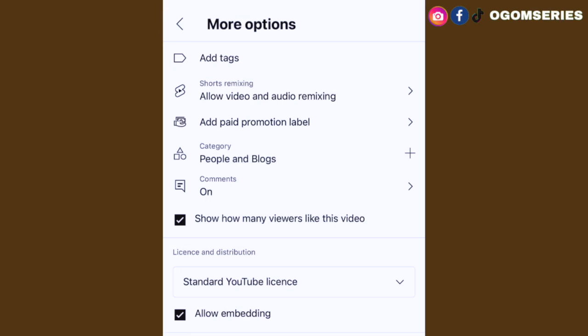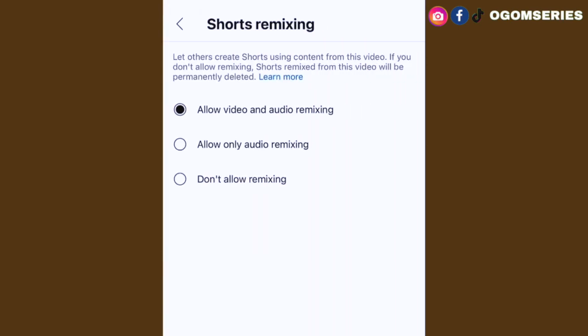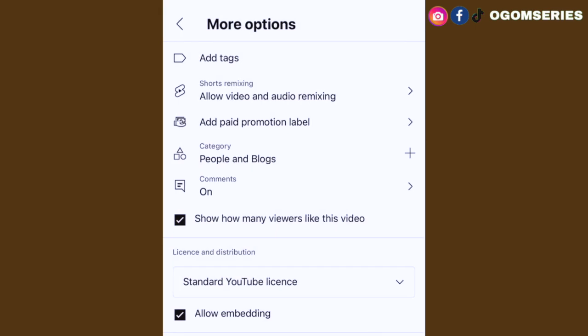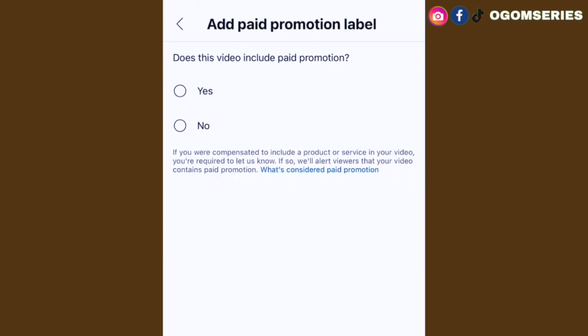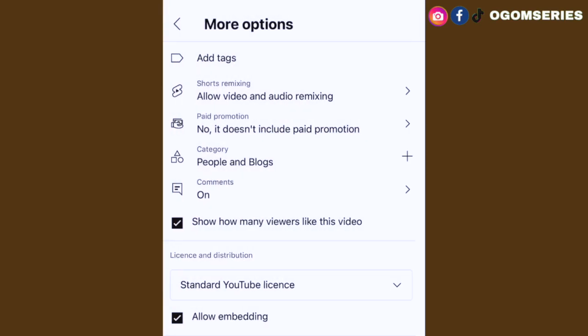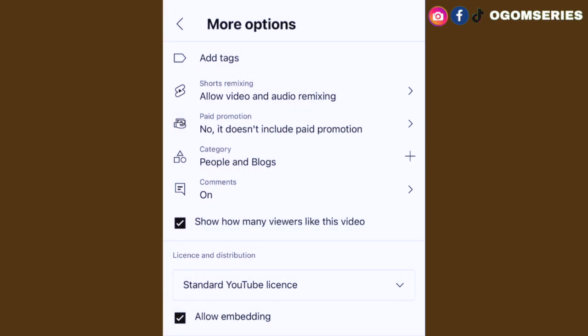Now you're going to be clicking in the tags section which you are going to see previously. Here you're going to see add hashtag, does this video include paid promotion? All these things are in your YouTube studio. Scroll around your YouTube studio. I have said that severally. I'm going to be clicking on the add hashtag.